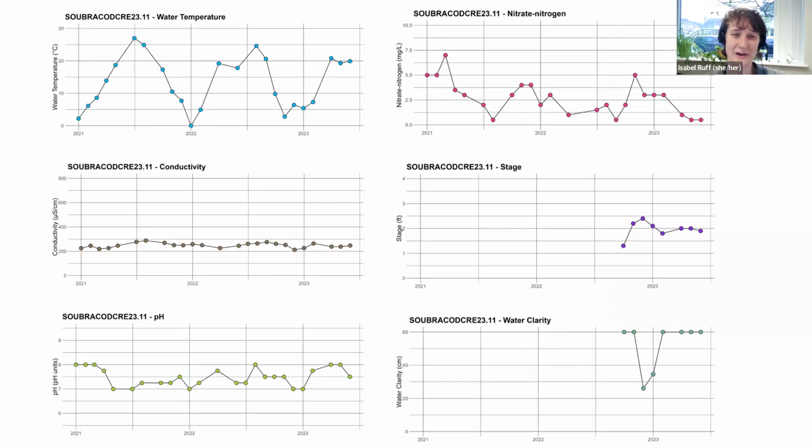So I also wanted to look at conductivity for this because it's very much in my brain right now. But you can see that conductivity is much lower compared to Willis Creek, in about the 200 to 300 range. And that could be for a couple of reasons. We saw that Willis was very developed and limestone, while the South Branch of the Codorus is very much the opposite. It's more influenced by agriculture and is a shale stream. So I would expect it to be a lower level like that.